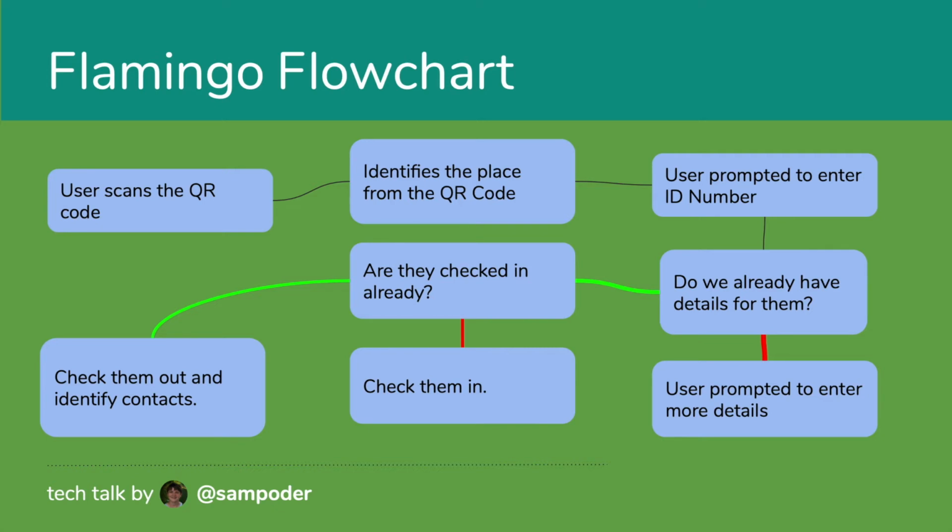So once they've entered that, they'll never have to do it again, and it'll be stored in the database. So if we do have the details, then we ask, are they checked in already? So if they're checked in already, that means they need to check out. So we then go to check them out, and immediately on checkout, we identify contacts and store those contacts in